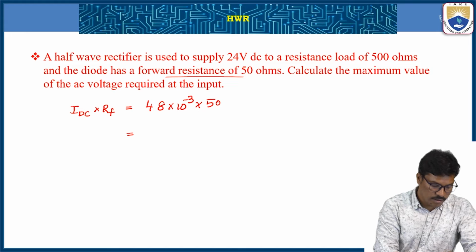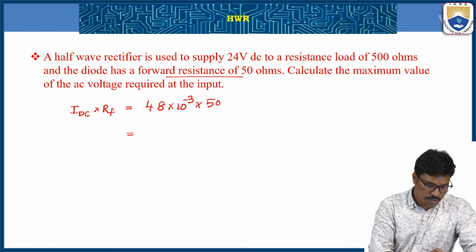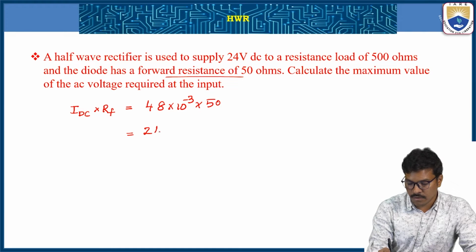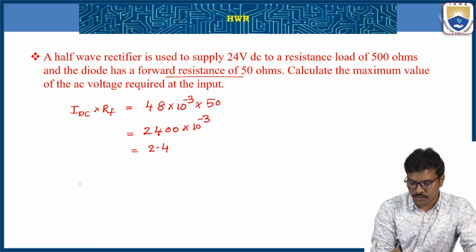So 48 into 50 is 2400, minus 3 means 2.4. This 2.4 we substitute in the actual